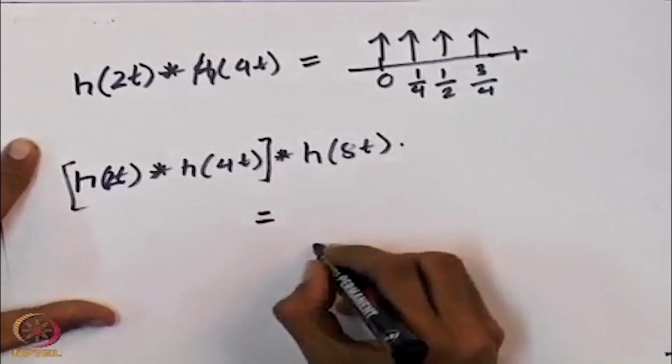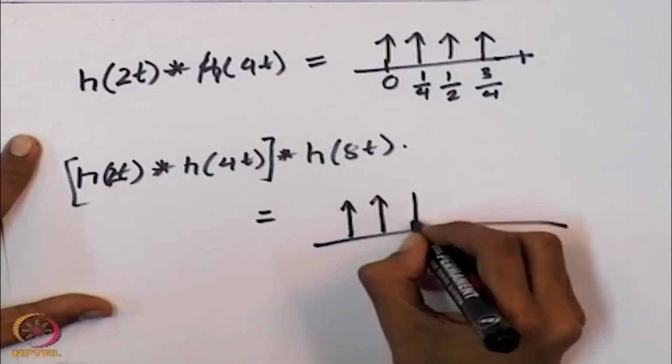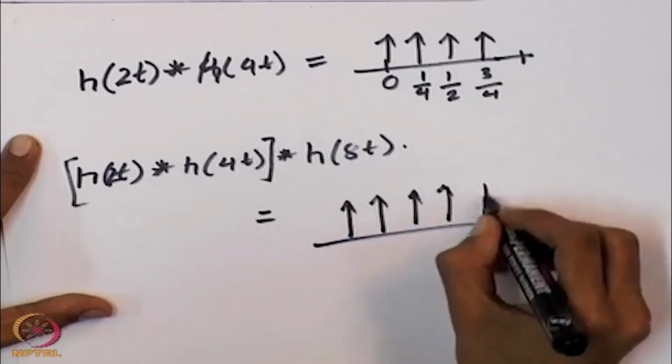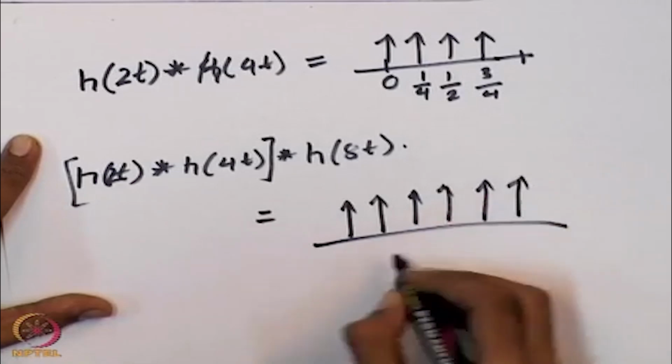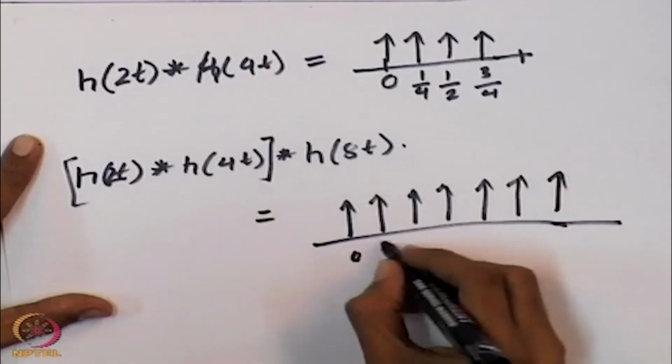And this will look like a train of impulses. There are 8 impulses in this, going from 0